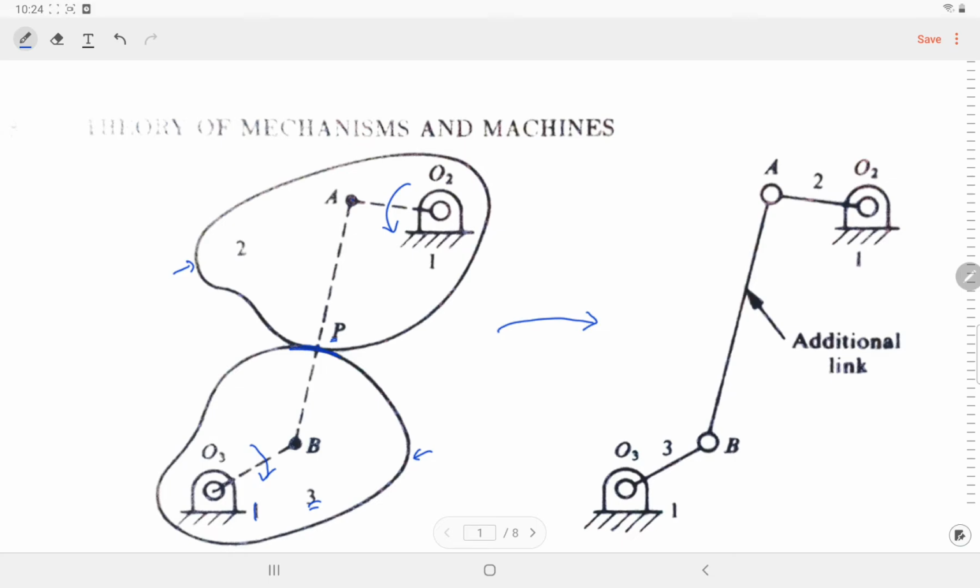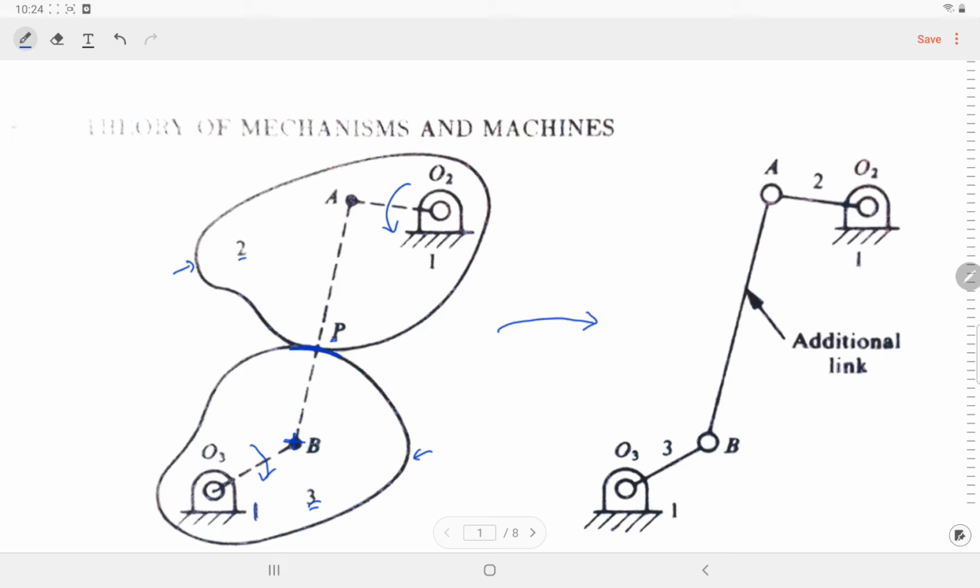If that's the case, then whatever I am talking about is going to be valid only for that instant, and at that instant it looks like that particular contact point is following a circular arc, which has a center, the center of this curve, and which is the point B.